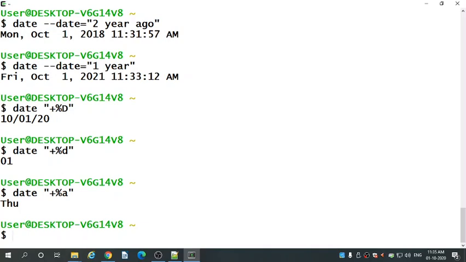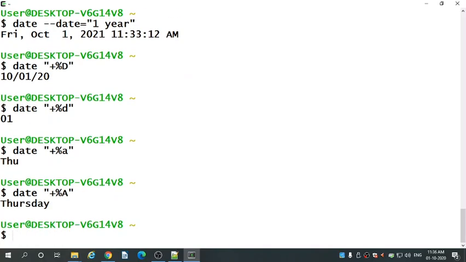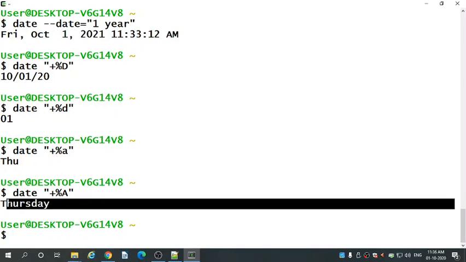So that is the abbreviated name for weekdays. It is not showing the full spelling, only THU, so it is an abbreviated name. If you use the date command with capital A, it will tell you the full weekday name, like Sunday, Monday, whatever the current day is, it will show you the full spelling of the day.